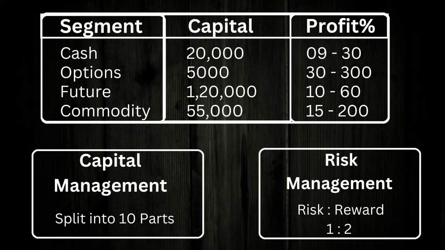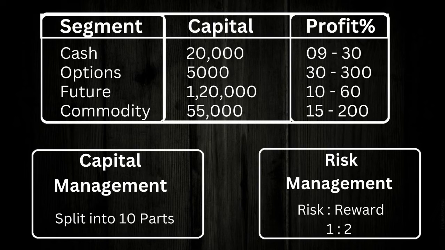But if he loses his wicket early in the match and all the rest of the batsmen too, then who will score? That's the main problem in capital management. Even if you are getting a loss, it doesn't matter. If you have good capital management, then you can recover your loss in the next trade. But if you wipe out your whole capital in a single go, then how will you recover that loss?